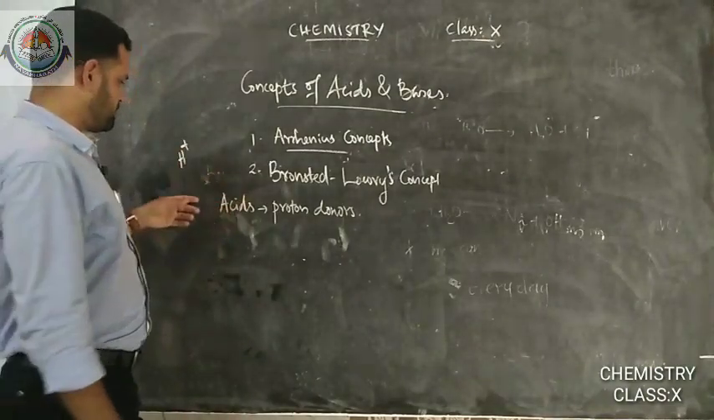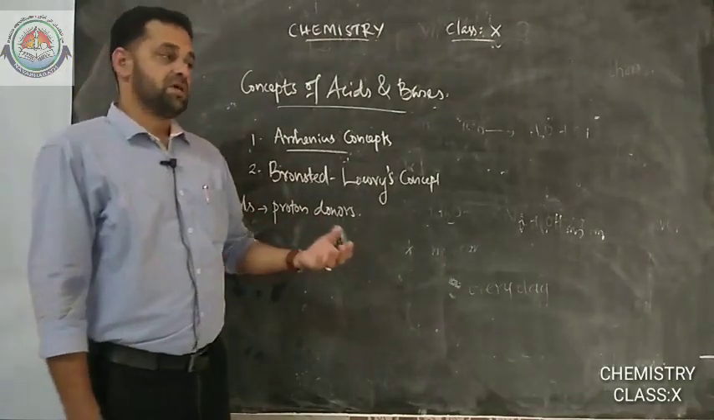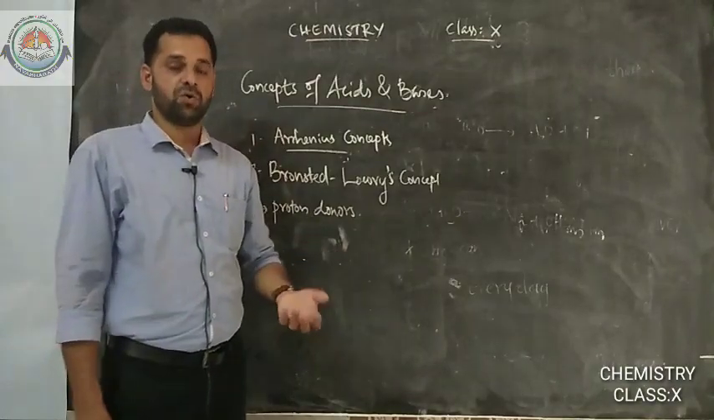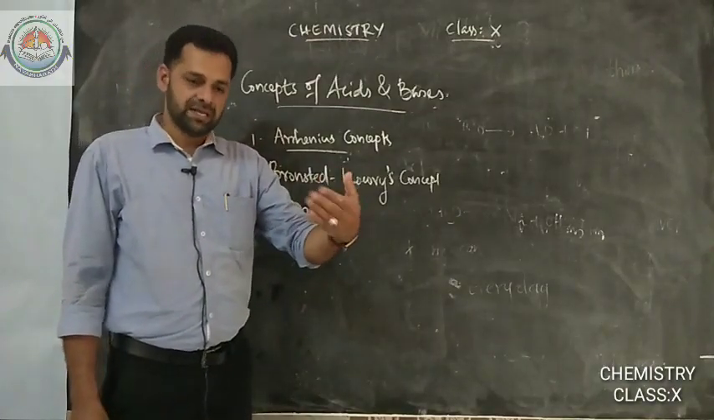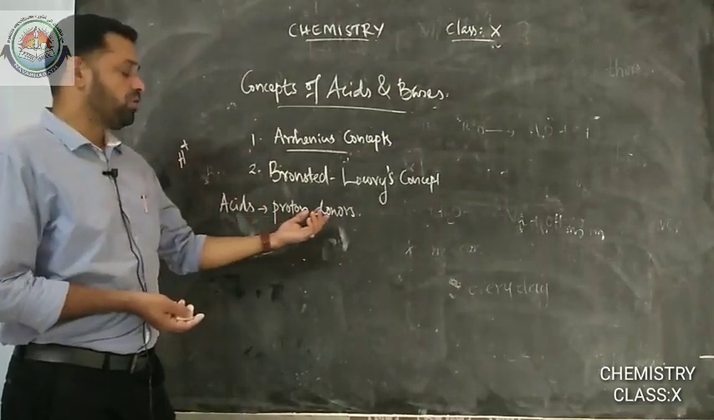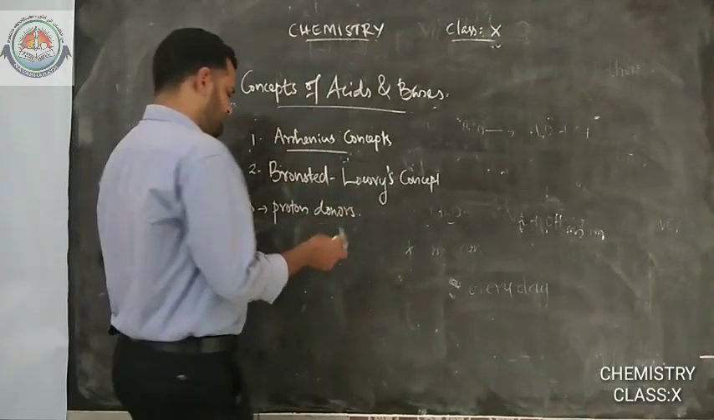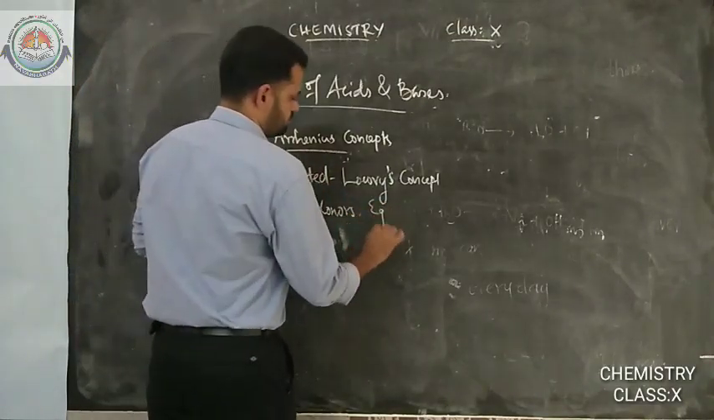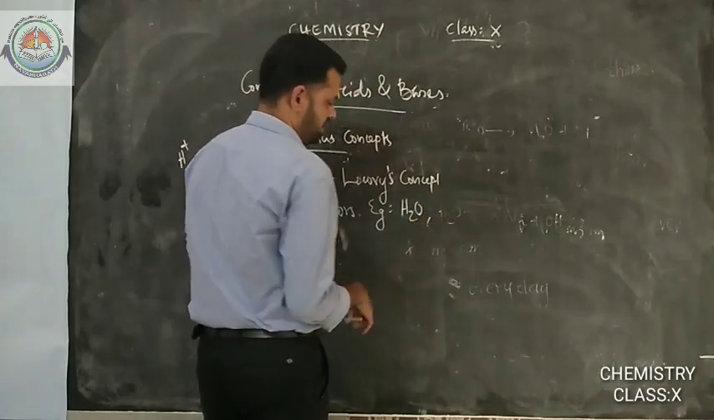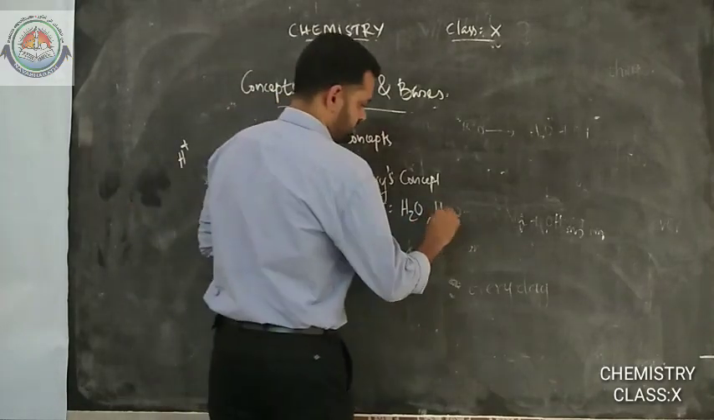It is a proton. So, when an acid reacts with the other substances, these acids have a capacity to donate H plus ion to the reacting substances. So, that is why they are called proton donors. Acids are proton donors. Example, H2O. H2O is an acid according to Bronsted-Lowry's concept. Then HCl,